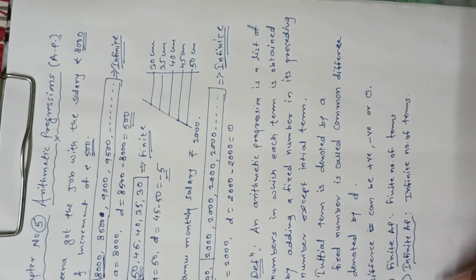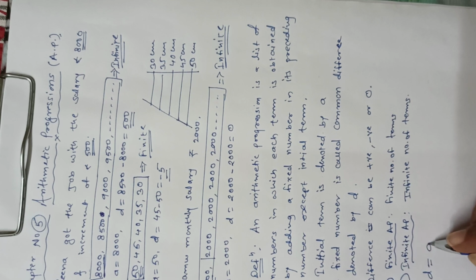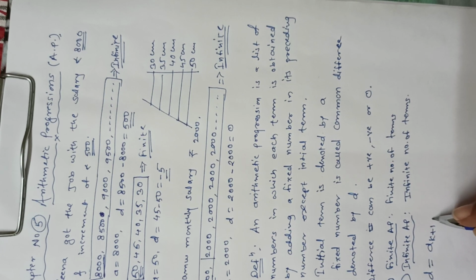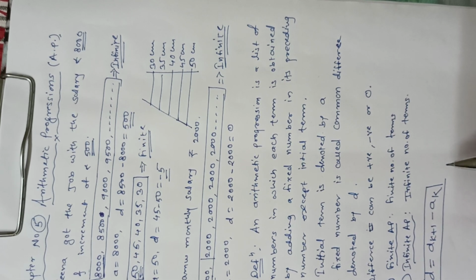The difference can be obtained by the formula D is equal to A(k+1) minus A(k). This is the formula for obtaining the difference. How? D is equal to A(k+1)